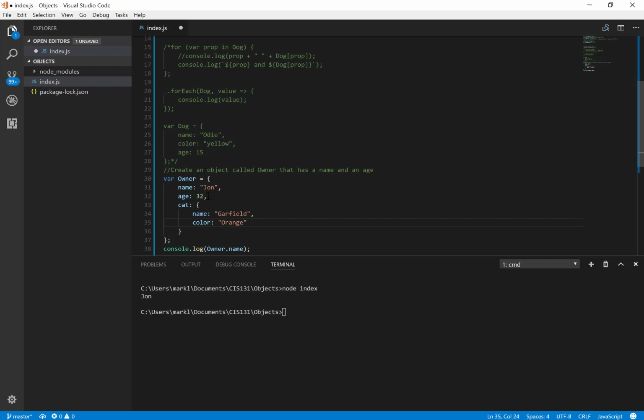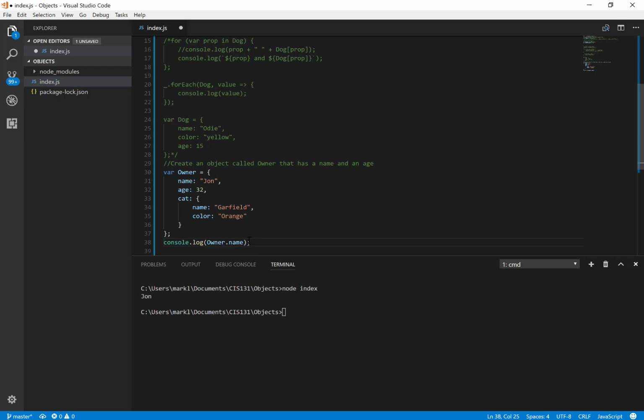So you have to be very careful when you're creating an object: the last property in the object does not have a comma, but all the prior properties do have a comma. So I'm not going to put a comma after orange, nor am I going to put a comma after cat, but I am going to put a comma after age and John. So assuming this is all right,